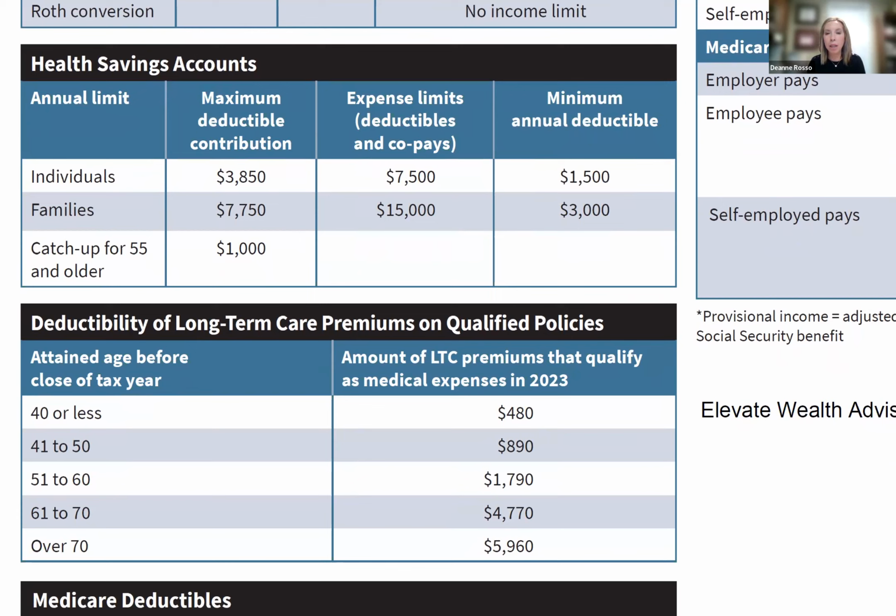And you may be thinking, well, okay, that's great, but how's a health savings account going to help me in retirement? Well, first of all, in order to have a health savings account, you have to be in a health insurance plan that is high deductible and eligible for an HSA. And then you put part of your salary typically, or you make contributions into it. And we have maximums here, just like with a Roth. So families can put up to $7,750 in it. Individuals, $3,850. There's also a catch up for over age 55 of $1,000 a year.